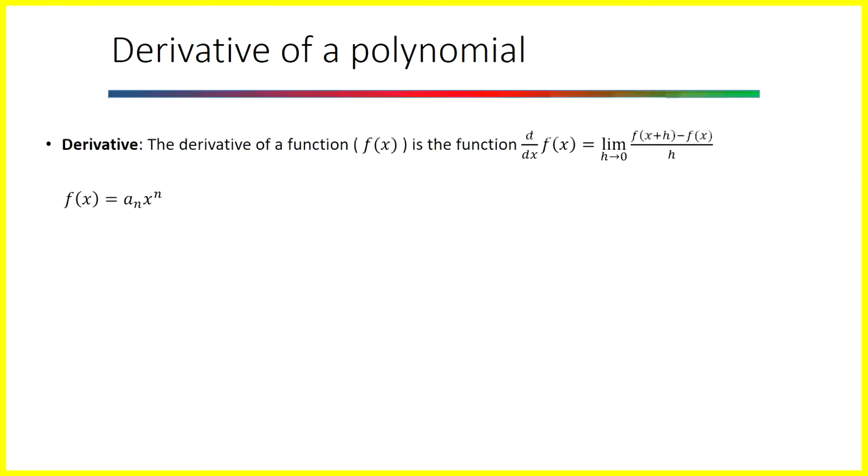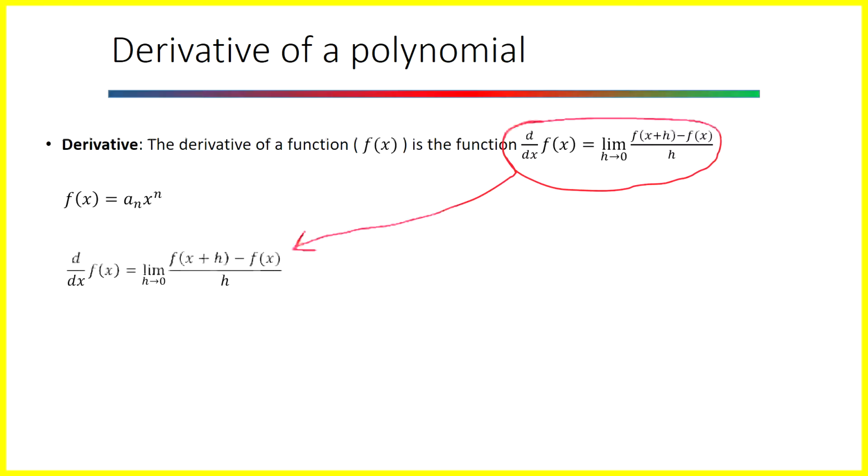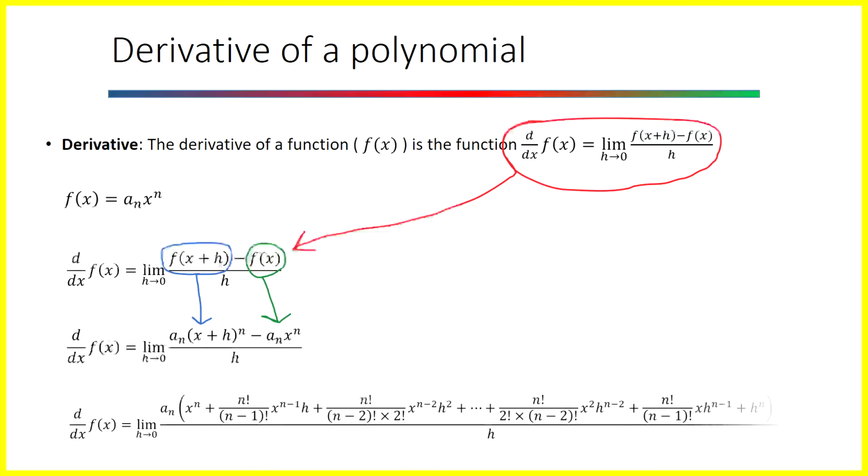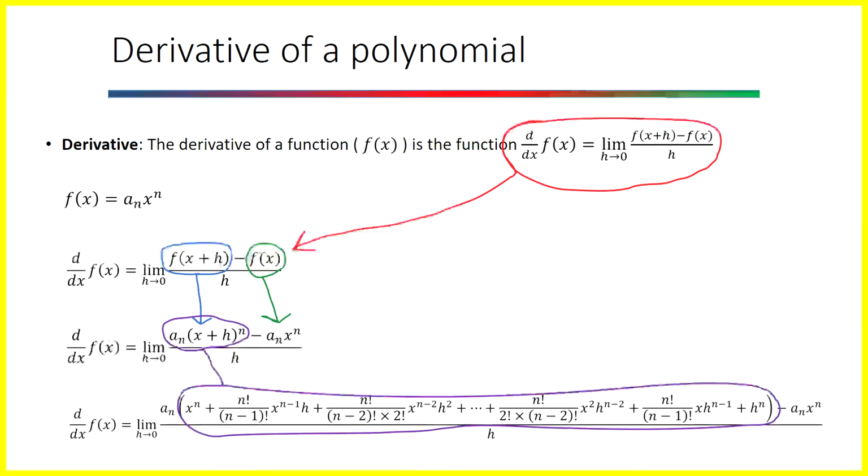Let's start with a simple n-degree polynomial, f(x) = a_n x^n. We'll use our limit equation for the derivative, and then substitute in a_n x^n for f(x). We can then expand the term a_n (x + h)^n using the binomial theorem, which you can look up if you want. Using this theorem, which basically is a formula for performing the multiplication of x plus h times itself many times,